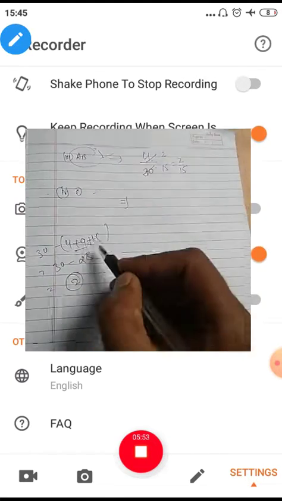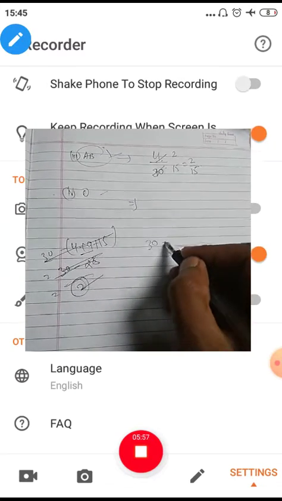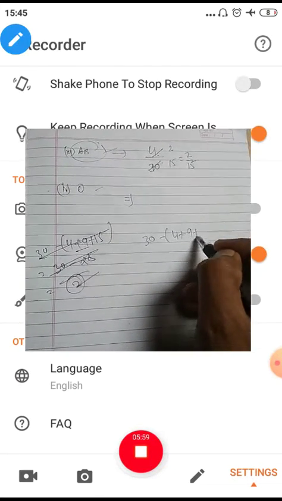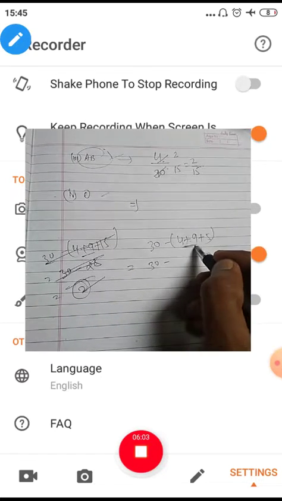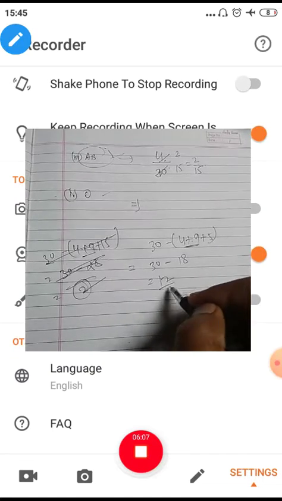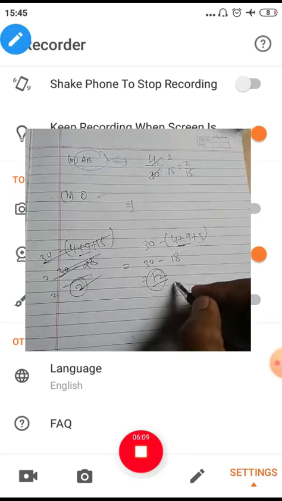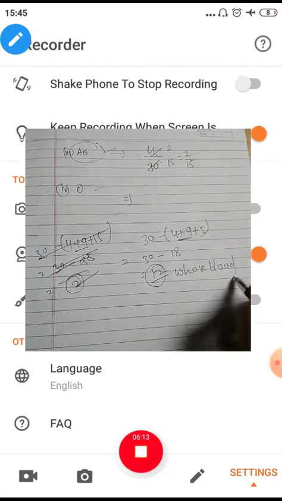Okay, sorry, I have written it wrong here. 30 minus 4 plus 9 plus 5. So 30 minus 4, 9, 13 plus 5, 18, so 12 students whose blood group